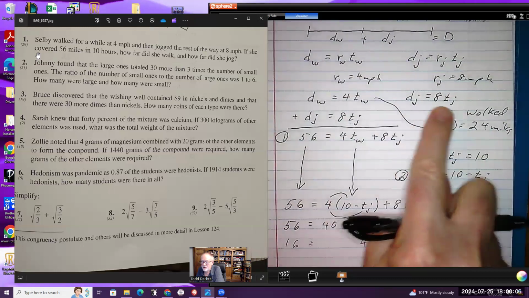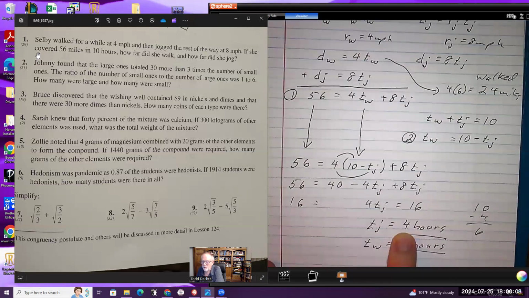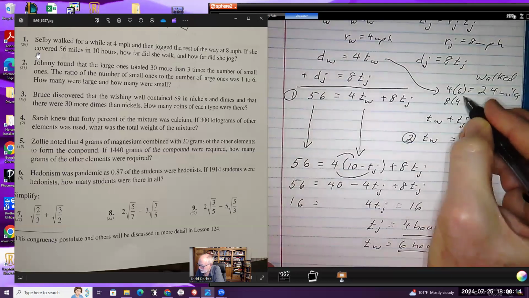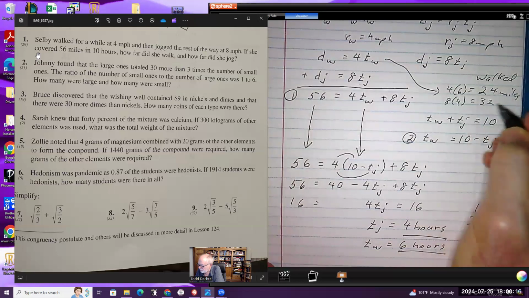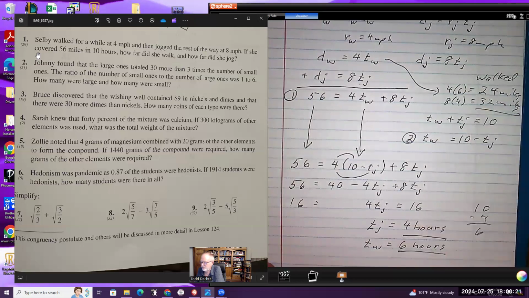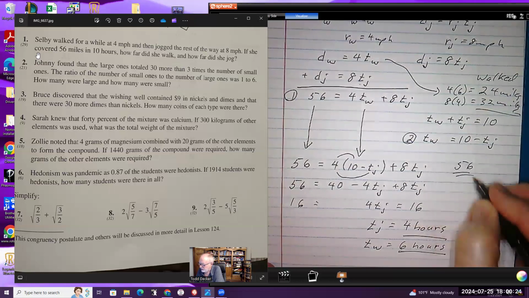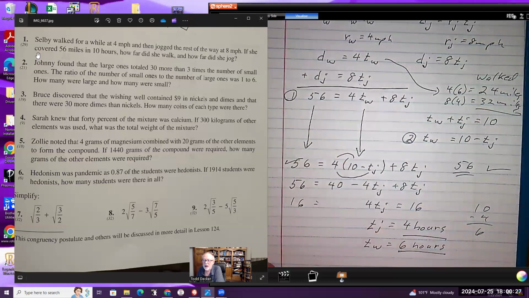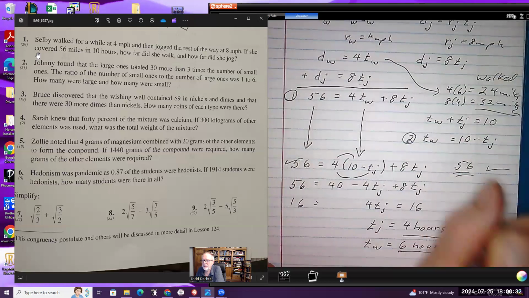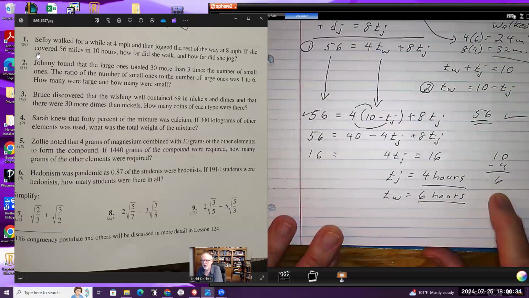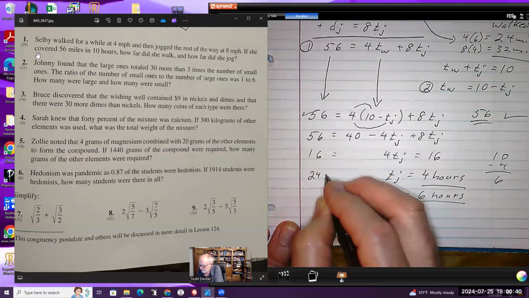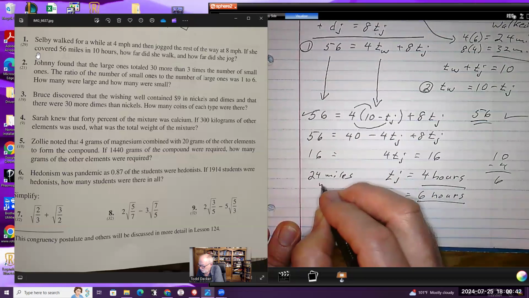And then 8 times 4, right? 8 times 4, she spent 4 hours. That's 32 miles. It should all check out. 32 plus 24 is 56. That's how many miles she went. So 24 miles walking, 32 miles jogging. We'll put an answer down here. 24 miles walking